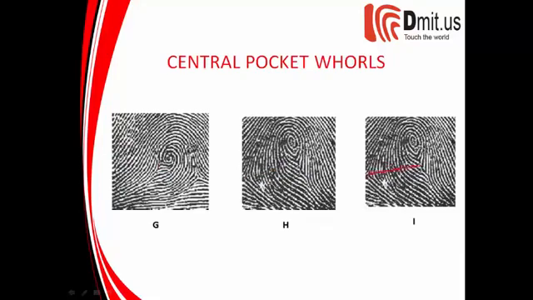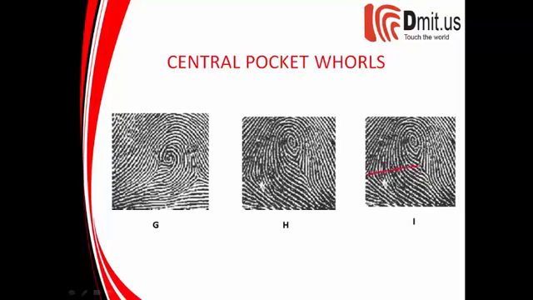Central pocket whorls. A central pocket whorl consists of at least one recurving ridge, or an obstruction at right angles to the line of flow, with 2 deltas, between which, when an imaginary line is drawn, no recurving ridge within the pattern area is cut or touched. If you look at the pattern area of the 3 images at left, you will notice that the actual lines